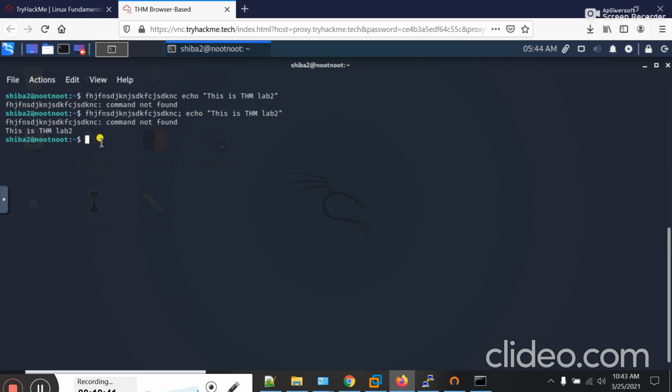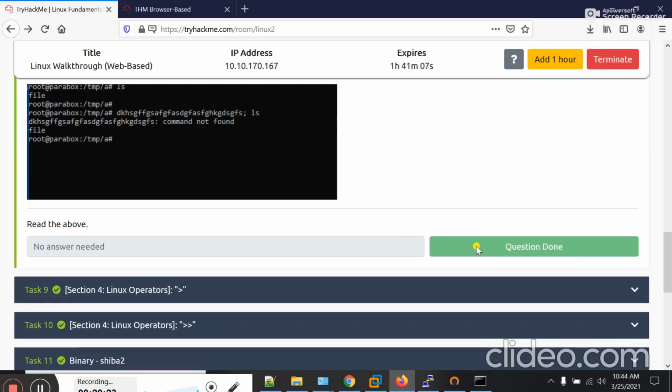Okay, in case of the double ampersand sign, if I use the double ampersand sign, what should be the output of this command? Try to tell me. Okay, yes. In this case, no output should be displayed as the first command is not executed successfully. If I hit enter, you can see that no output is shown here. So you can differentiate between the use of semicolon and double ampersand sign. Let's move on.